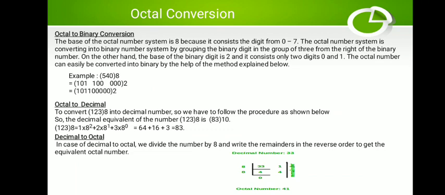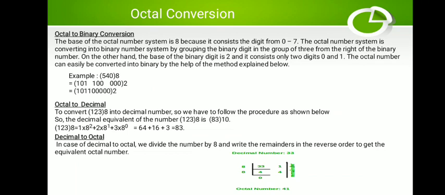If it is a fractional part, in the same way we start grouping after the decimal point, 3 bits for the first number, 3 bits for the second number. If in the third group again we fall short of 3 digits, where we have already got 1 bit, then add 2 zeros, or add 1 zero, and complete the group. Don't discard that single bit. So this is how you convert octal to binary and binary to octal.